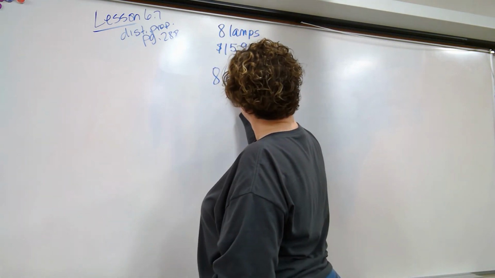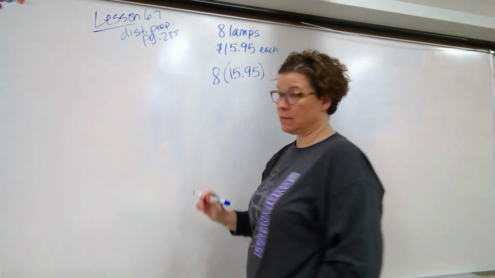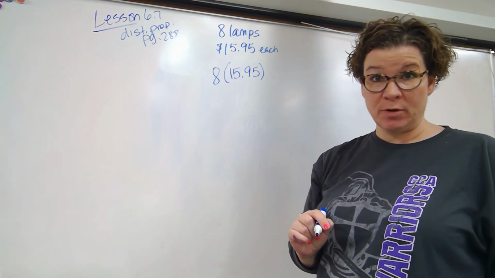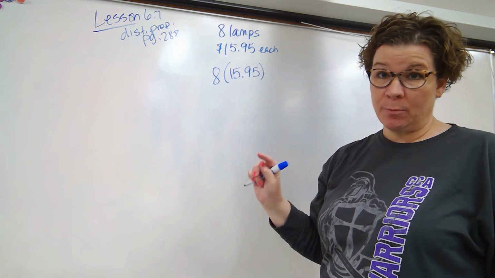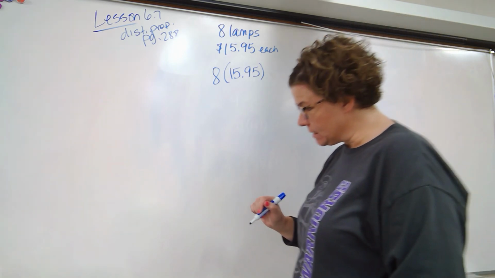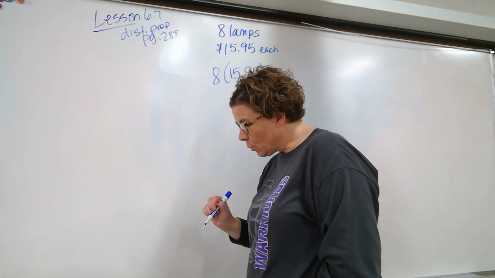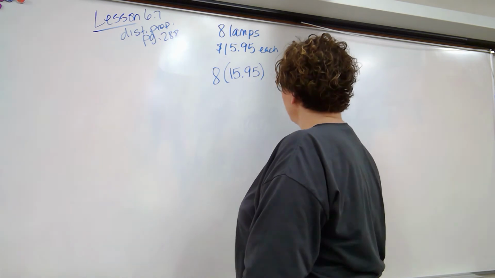I know that if I wanted to find the total cost, I would do $15.95 times 8. And that's fine any other day when we're not supposed to use the distributive property. However, that property is there to help us to make mental math a little bit easier. So we are going to round these numbers up a little bit, and you'll notice